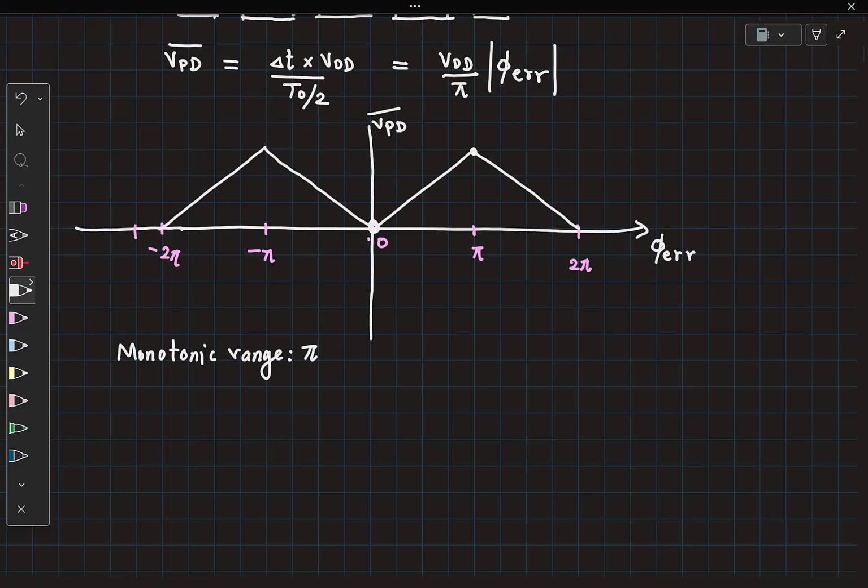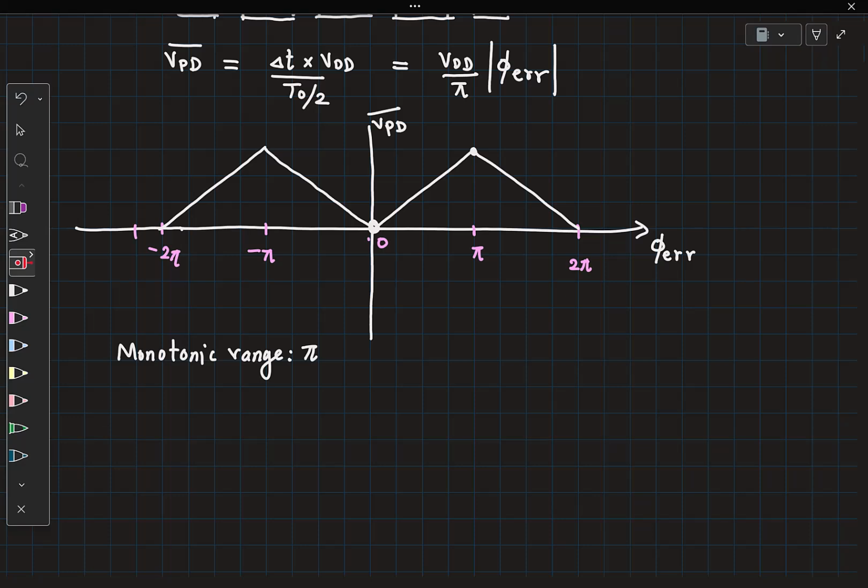No. Why not? Because the slope is becoming positive and negative on either sides of this, right? So if you go and try to lock your system here, with a slight positive phase error, you might have configured this slope to be in negative feedback. And if you slightly shift to this side, suddenly your loop is seeing positive feedback, right? The characteristic of the phase detector is changing around the 0 point. So 0 is definitely not a good locking point. You're risking making your negative feedback system into a positive feedback system. So then what can we do?